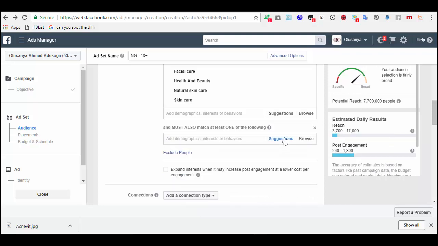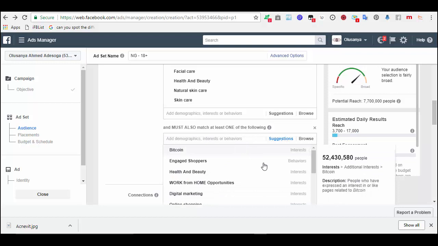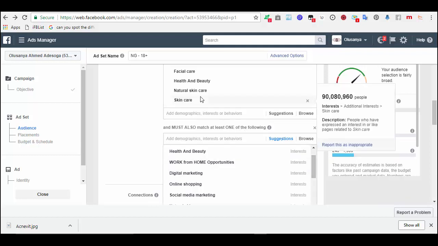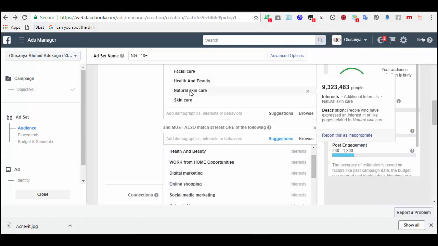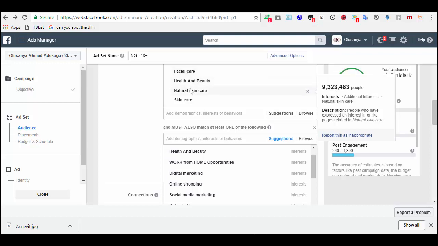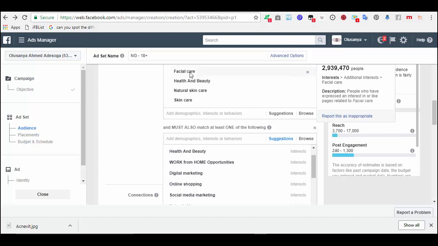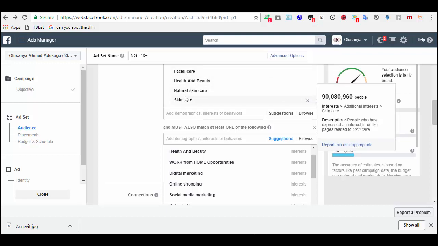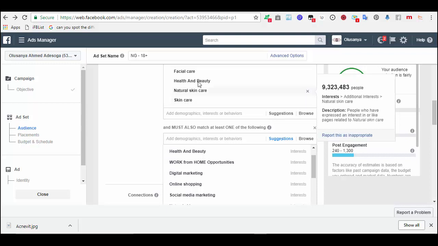So that is the way. It means when I chose natural skincare, the probability is that people that love this page, natural skincare, facial care, health and beauty, are here, they are here. So now when I said exclude this, it removes those people that like this page automatically.